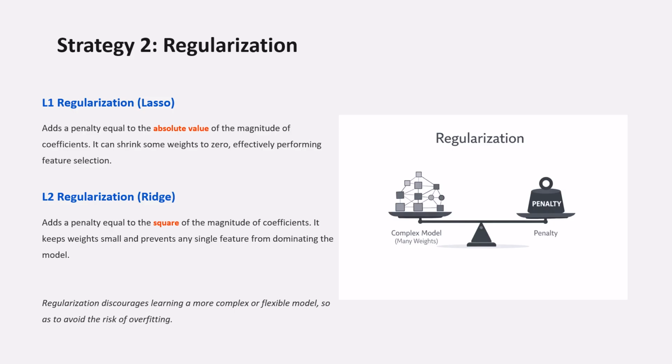So in L1 regularization, it is great because it can shrink some weights all the way to zero. Whereas for L2, we keep all the weights small but prevent any single feature from becoming too dominant. Both methods force us to rely on multiple features as well, so the model will be more robust and less prone to overfitting. So these are the two things.